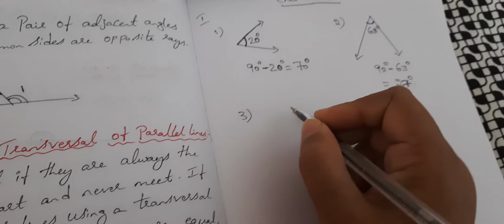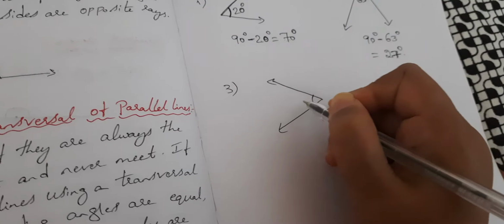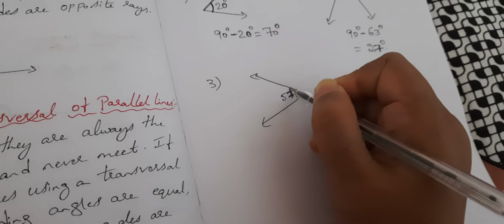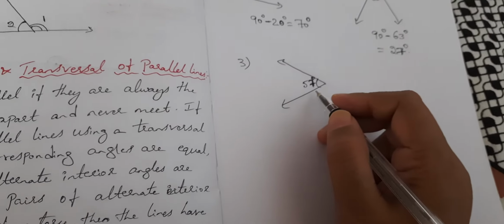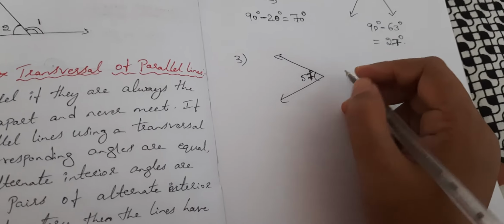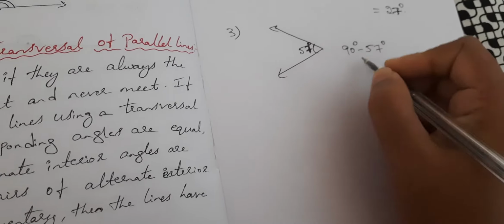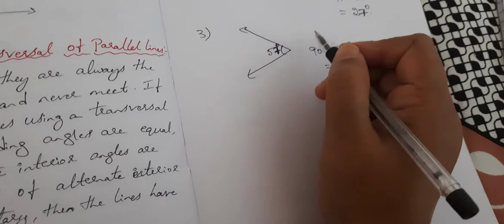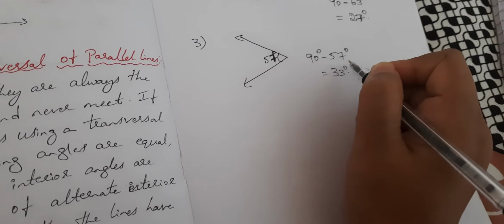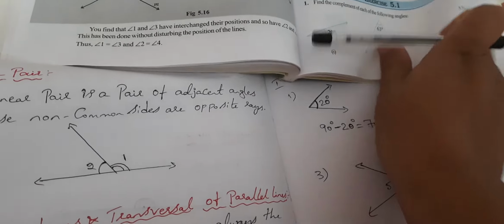Now you see third one. Here 57 degrees there. Children, you have to draw with the help of protractor and scale. I am just showing you here. Now here 57 degrees is there. Now how much answer you will get here? Complementary means how much? 90 degrees minus 57 degrees, that is equal to 33 degrees. Then next angle will be 33. When you add both it should be 90 degrees. Now when you add 57 plus 33 it will be 90 degrees. So this is first main. We have done find the complement of each of the following angles.